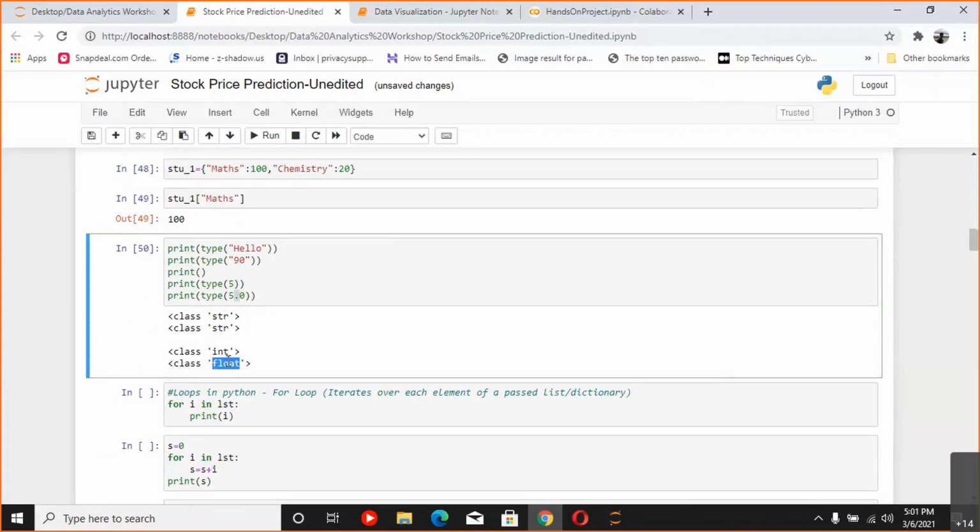Till now, any doubt in the data types or anything regarding Python that we have discussed, that we need to go over again?